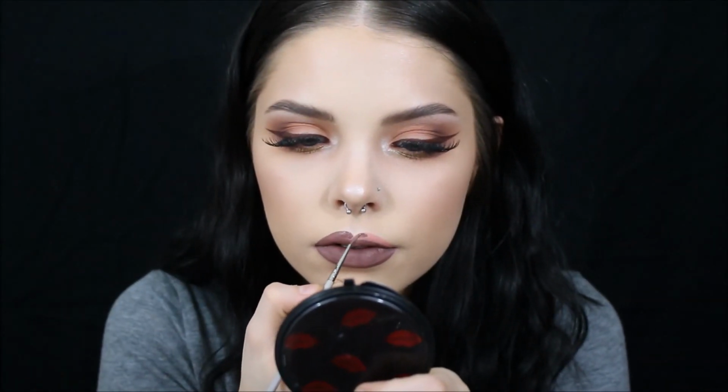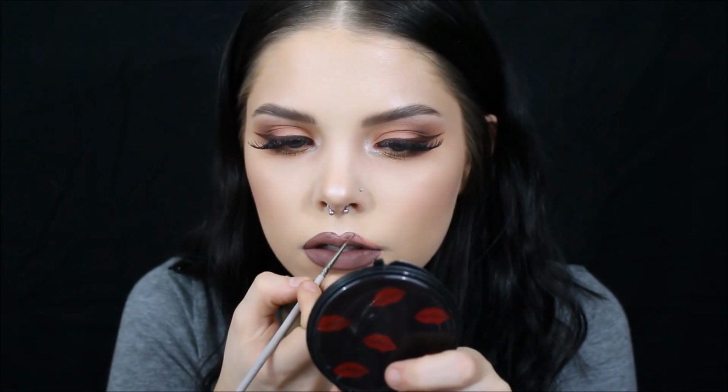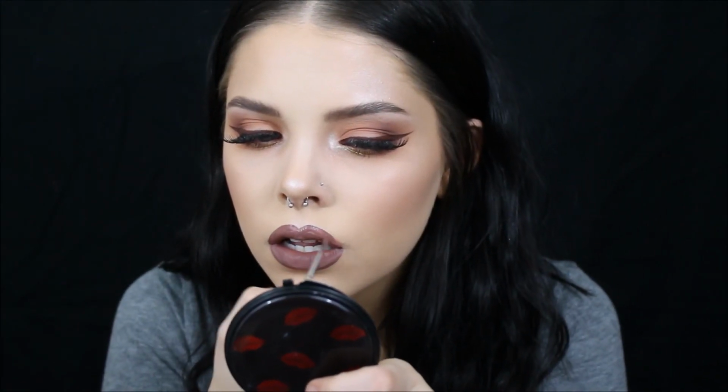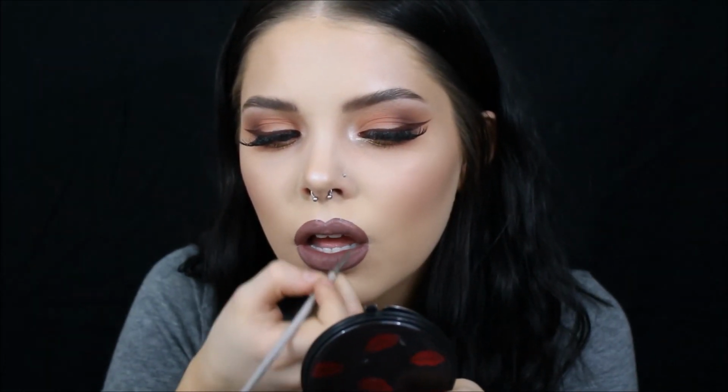I know it looks like I overline my lips a whole shit ton, but I promise you, I don't overline my lips a shit ton. I just overline the top little cupid's bow of my lip a little shit ton. I love big lips. I love the look of it. And I like it on my face, so...